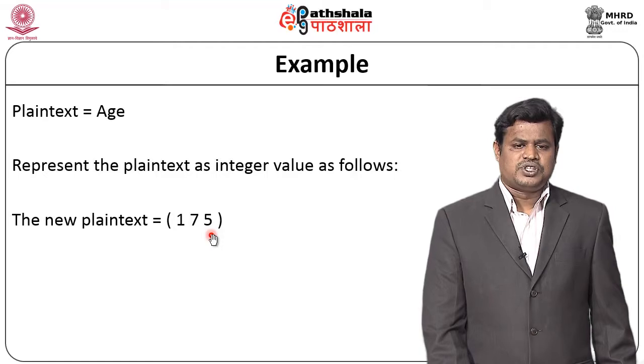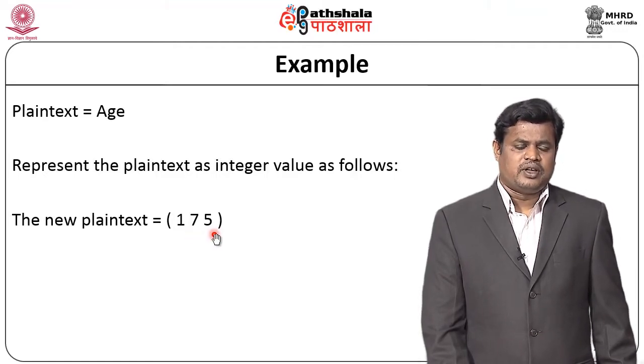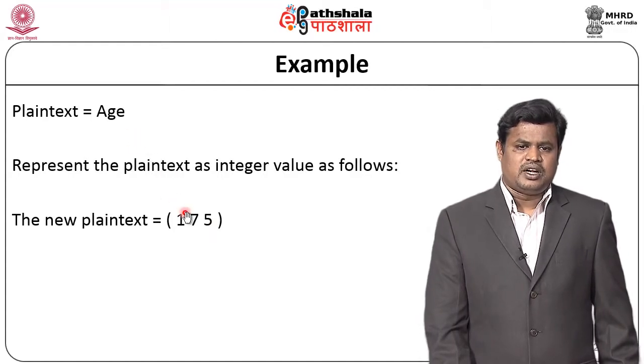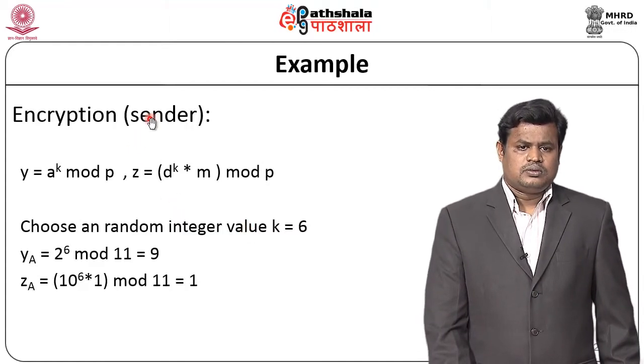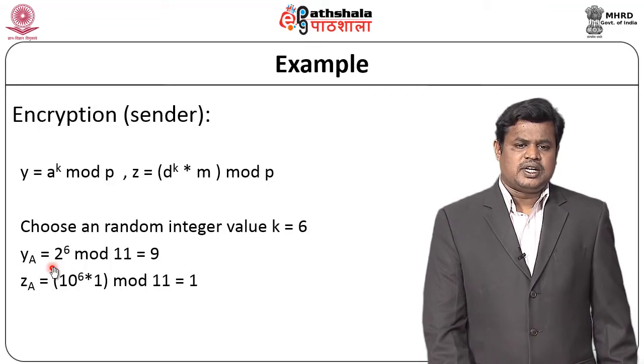According to the alphabet position A, B, C, D, E, F, we are taking 1, 7 and 5. If we assume our integer values for the plain text, A is equal to 1, G is equal to 7 and E is equal to 5. Now the encryption: it chooses a random integer k equal to 6. So we are able to compute y A, the message that needs to be sent as the first ciphertext. This is your C1,